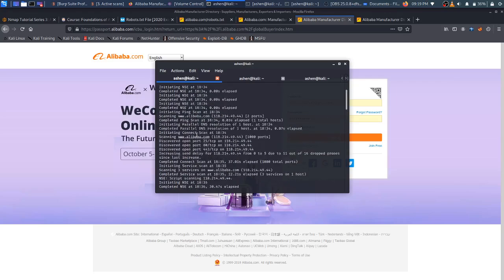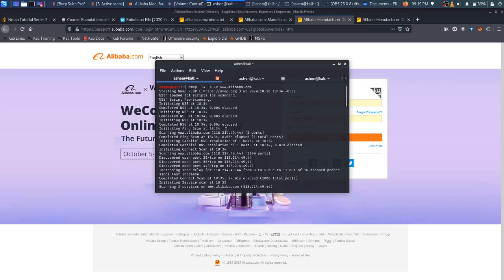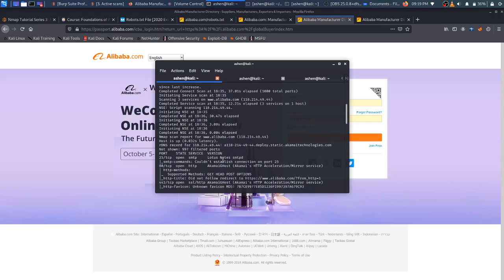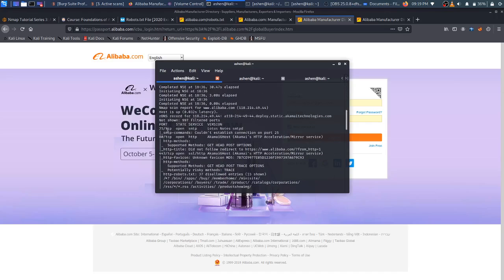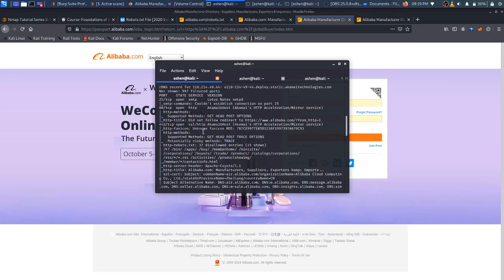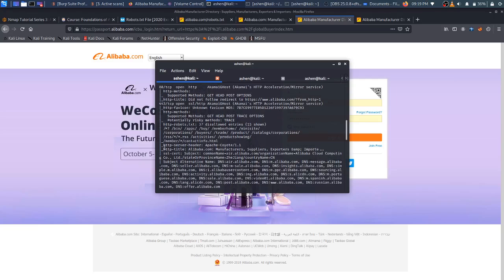After that, I did another nmap scan with different parameters. In this scan, I retrieved 3 open ports: SMTP, HTTP, and HTTPS. But here, there are supported HTTP methods.